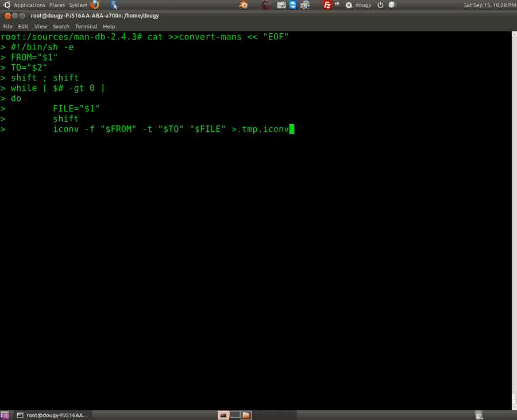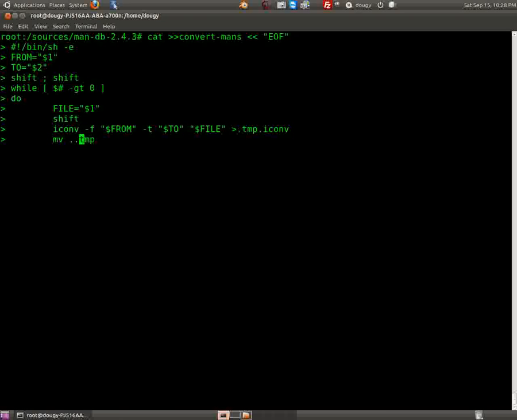Okay, I think so. Check it before I screw up again. iconv from space to, file into .temp.iconv. Looks good. Okay. We'll go in again and we'll say move